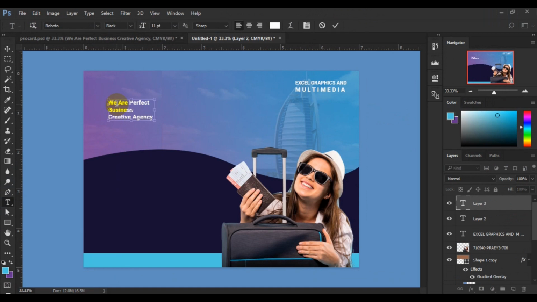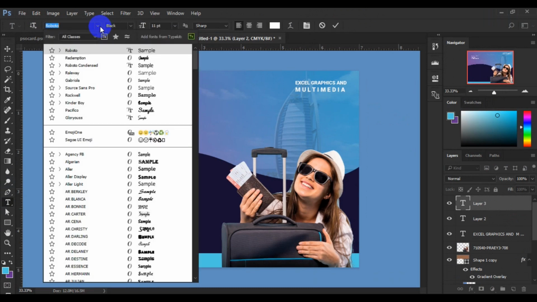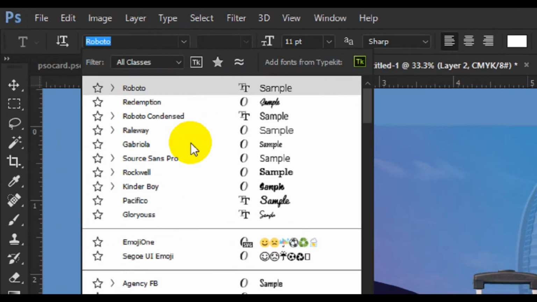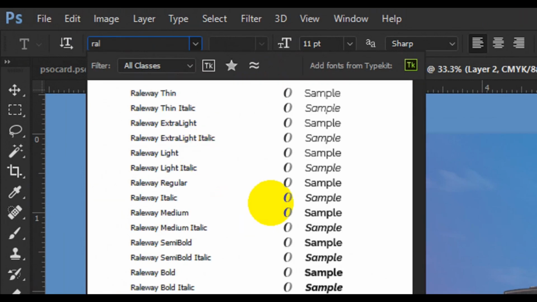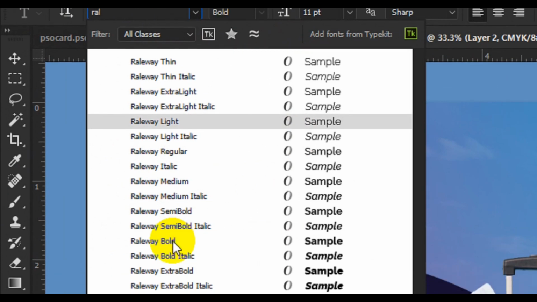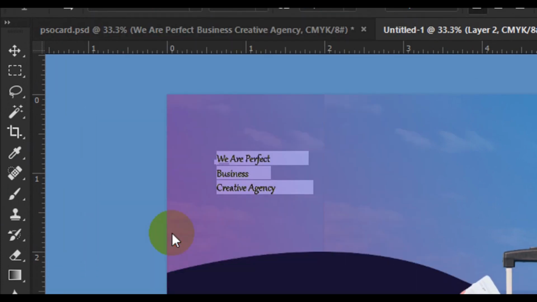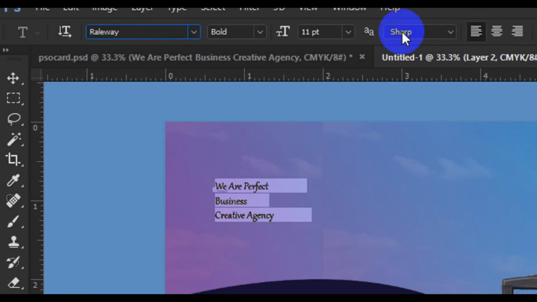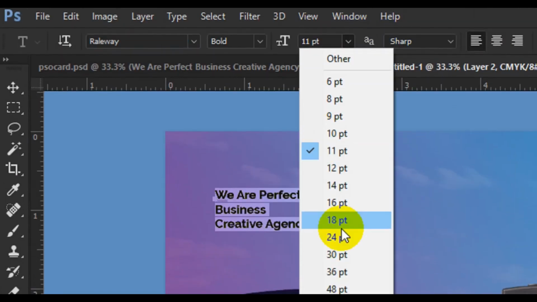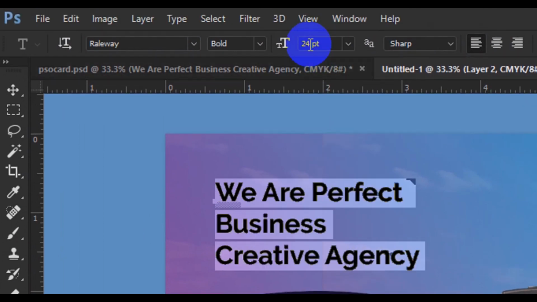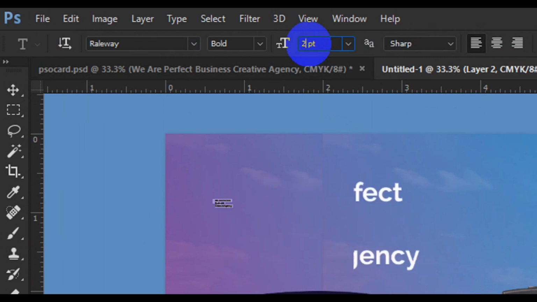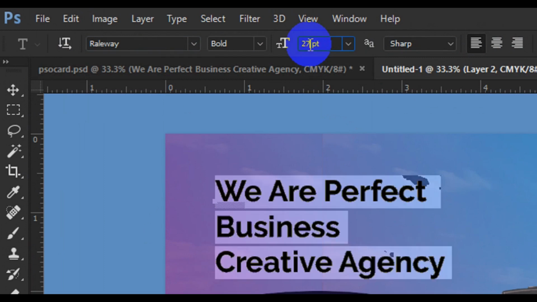Now press Ctrl A on my keyboard to select everything. Then I'll go to my toolbar. I'll go to my menu bar and select my new font style. I'm going to use Raleway. Then I'll increase the font size to 27. Then I will select this